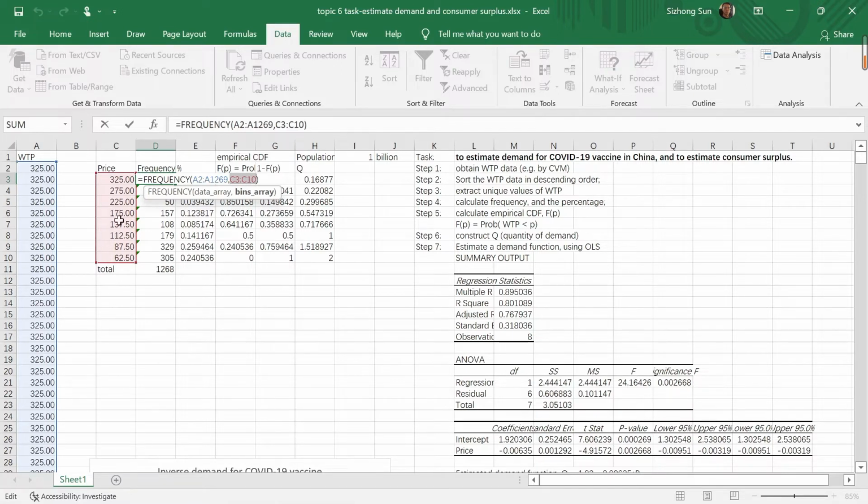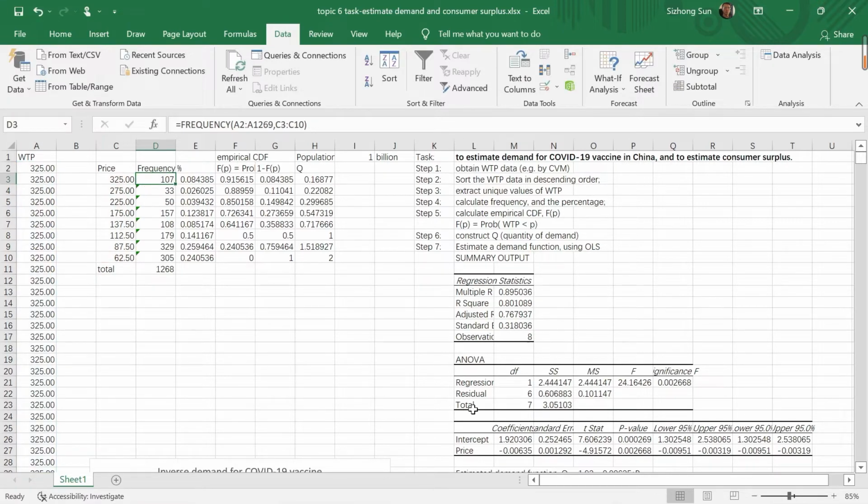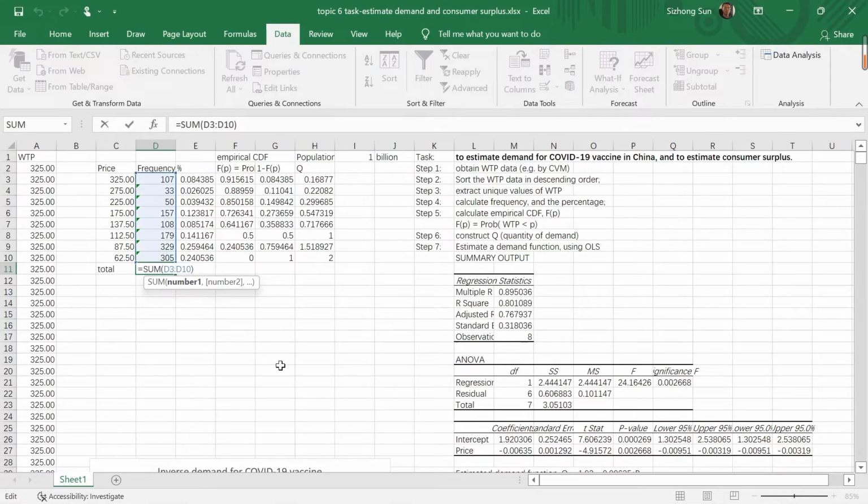That's the unique values we have just extracted, and we find that there are 170 interviewees who respond that they are willing to pay 325 yuan for the COVID vaccine. Similarly, the other categories are 33, 50, 157, 108, 179, 329, 306. Altogether, there are 1,268